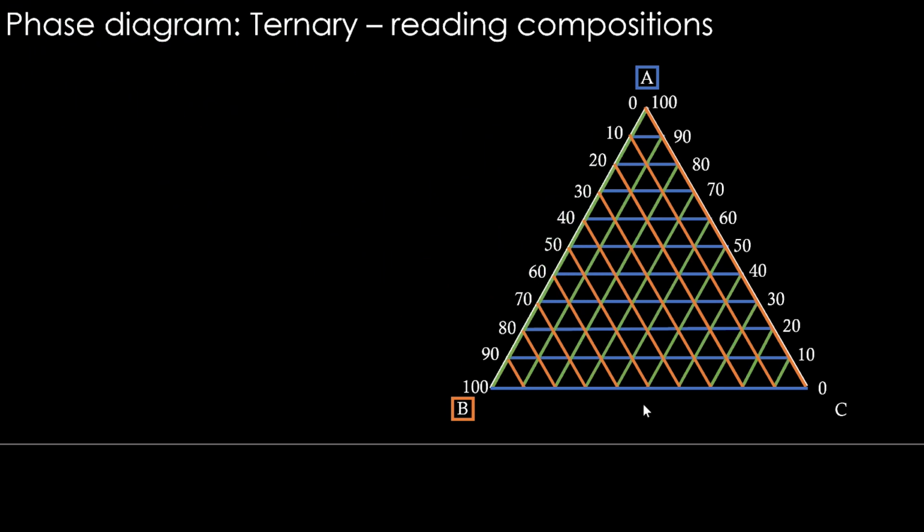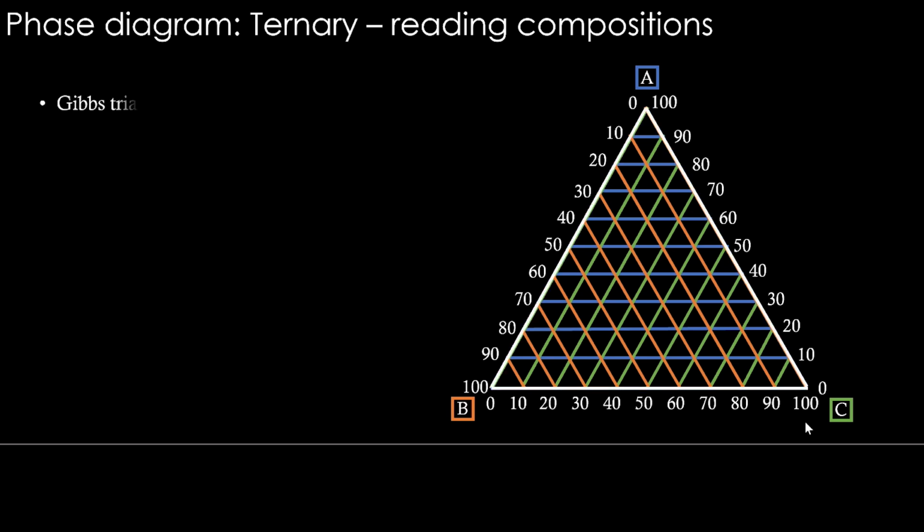About C, all these green lines now represent C content. So AB, this extreme edge, is 0% of C. We will represent all the C values in the axis below. So 0 to 100% C increases in this manner. So that is C content.